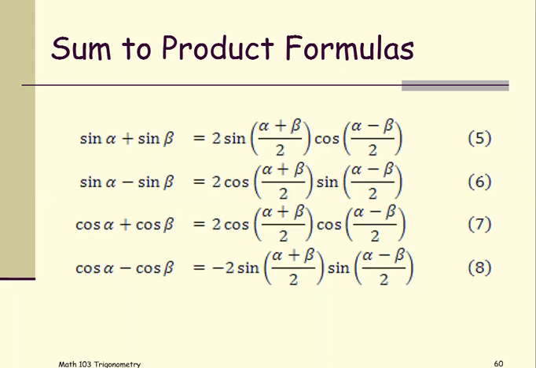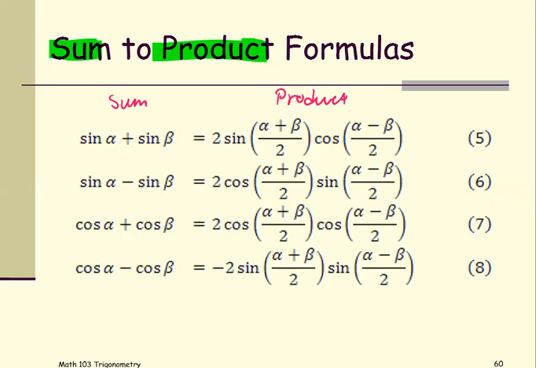Sum to product formulas. As you see, there are four formulas in this category. The left-hand side is in the sum or the difference form, and the right-hand side is in the product form. The first one, or formula number 5, is sine of angle alpha plus sine of angle beta is 2